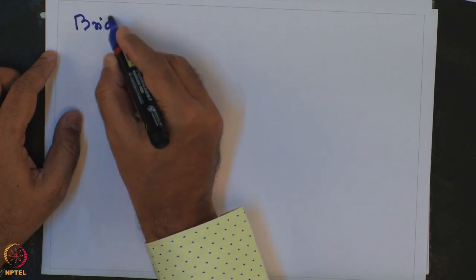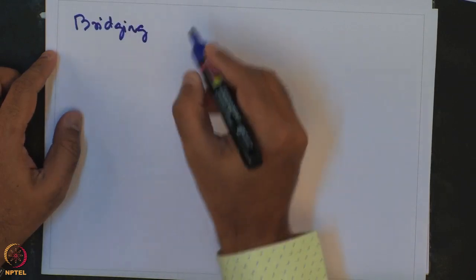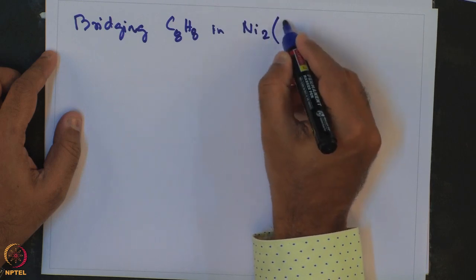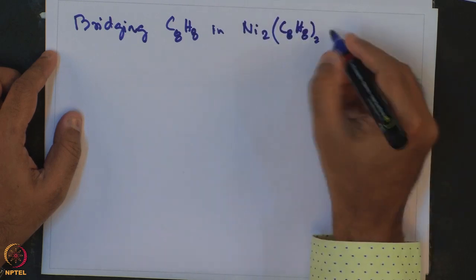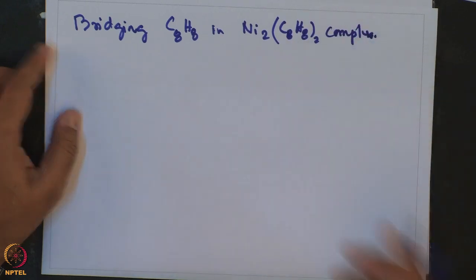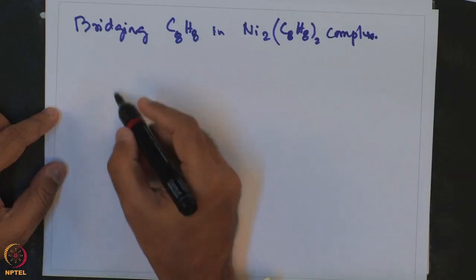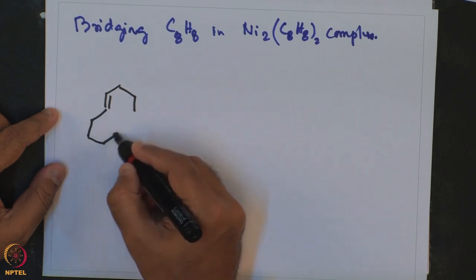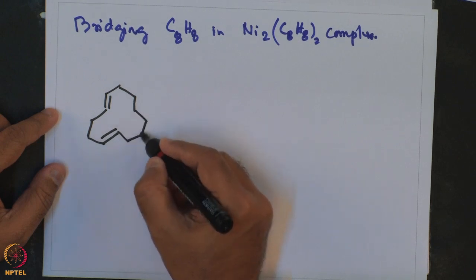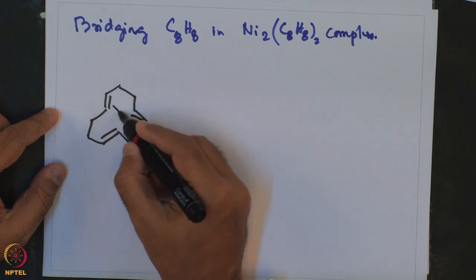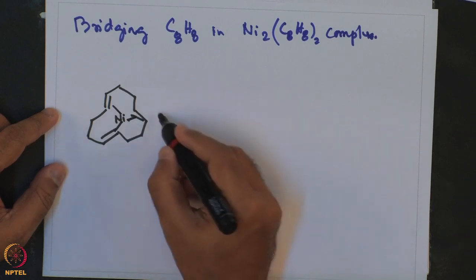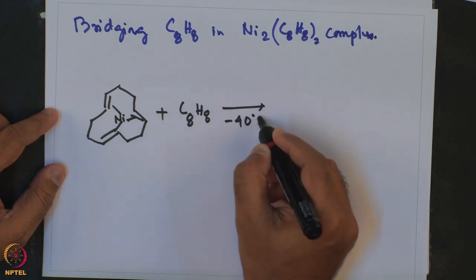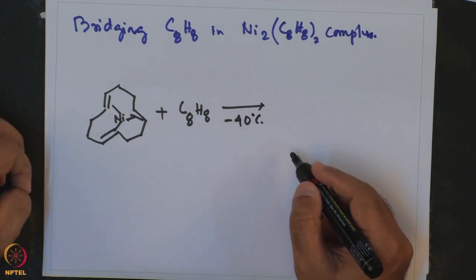So, we are going to look at bridging C8H8 in the Ni2(C8H8) complex, and this is prepared by the reaction of a complex of nickel plus C8H8 at minus 40 degree centigrade, and it contains